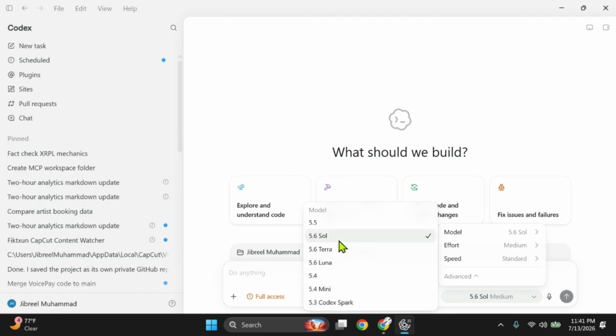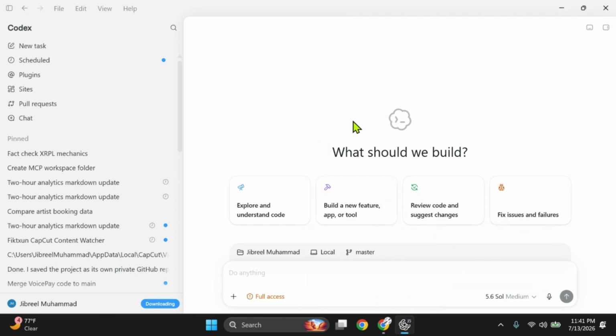This is a 2026 Maybach. This is a 2007 Chevy. This is a 2003 Chevy Cavalier. It's 5.6 and 5.3. So essentially, it comes down to how the model is created and what it's for. But typically, a brand new model, the newest model that they release, is going to be more token hungry because it's going through more steps.